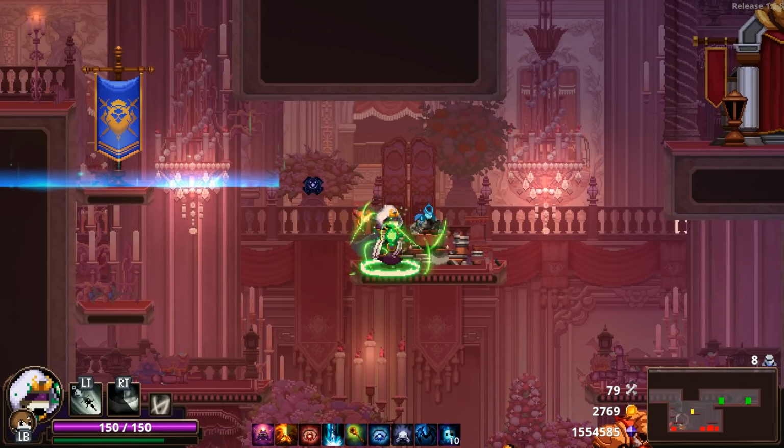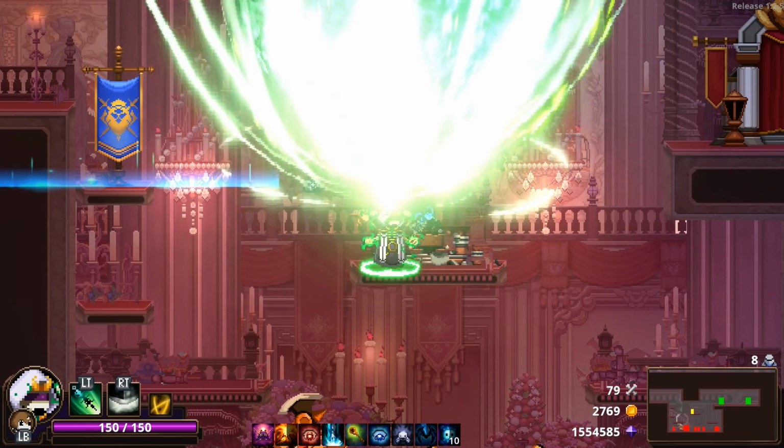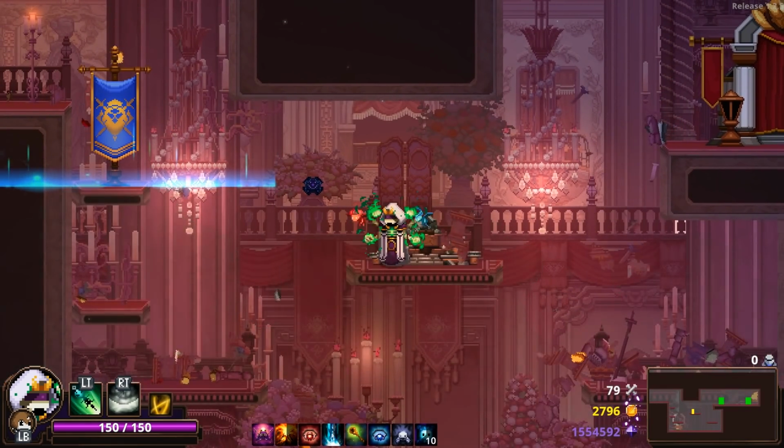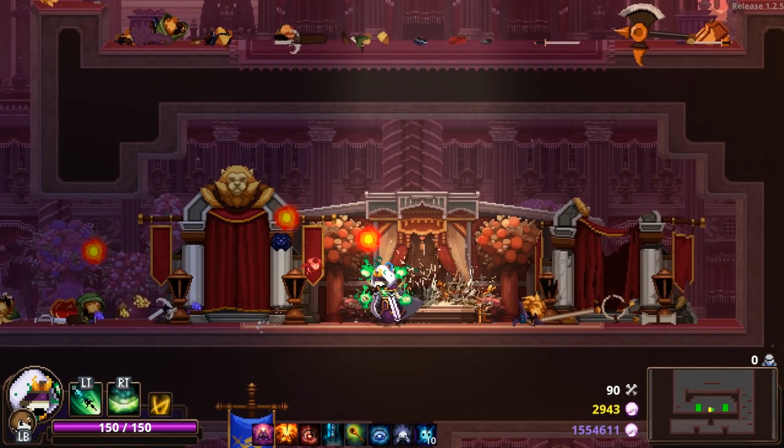I don't have to go down there. I don't have to deal with it. I can just sit up here, drop Meteors. He's up down there talking about his axe and stuff. Dead. The ability that I want to swap to if I get a chance is the,